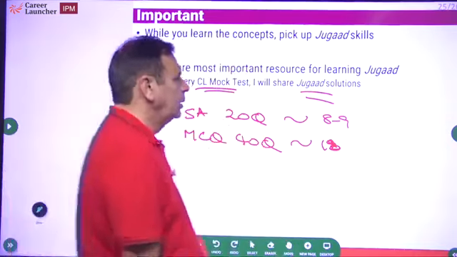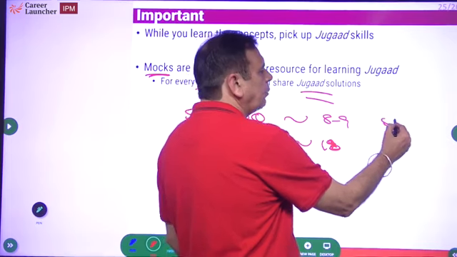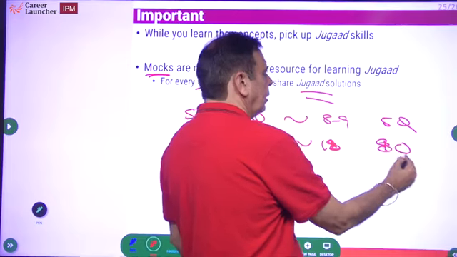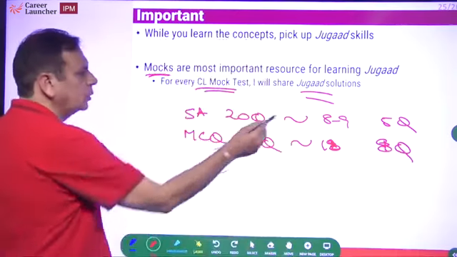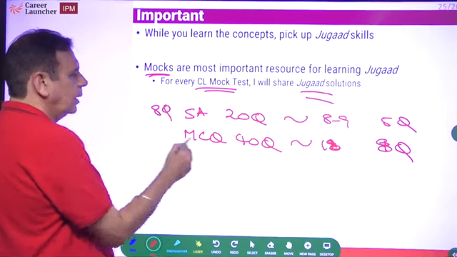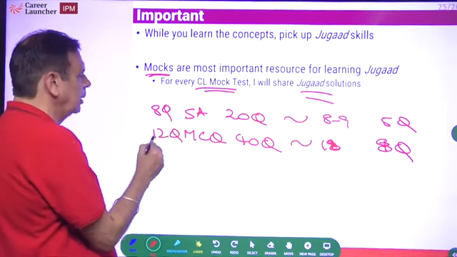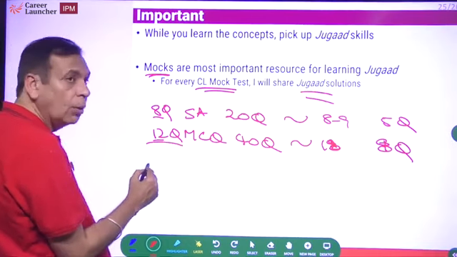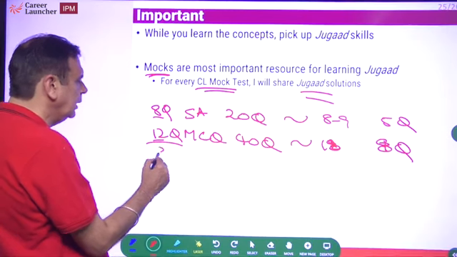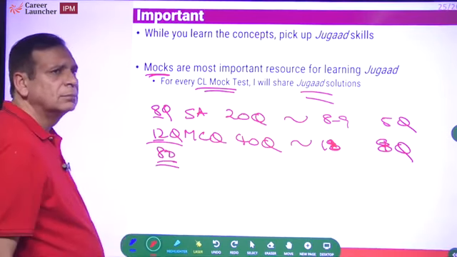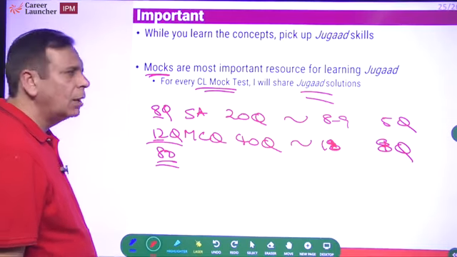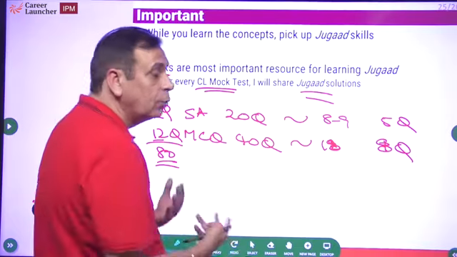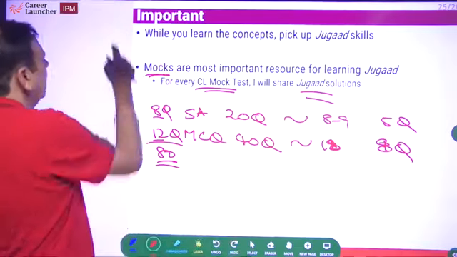And what is the cutoff required? To clear the cutoff of short answer, you need 5 questions, and to clear the cutoff of MCQ, you need 8 questions. So even if you are able to do just about 8 questions here, and you are able to do, let's say, 12 questions here, what does that mean? 12 plus 8, 20 questions. 20 questions into how many marks per question? 4 marks per question. 80 marks is there for the picking. Okay. So there are 80 marks which are available to you, and that is what you need to be clear about, that you can solve the paper comfortably using these jugaad solutions, clear the cutoff very, very easily.